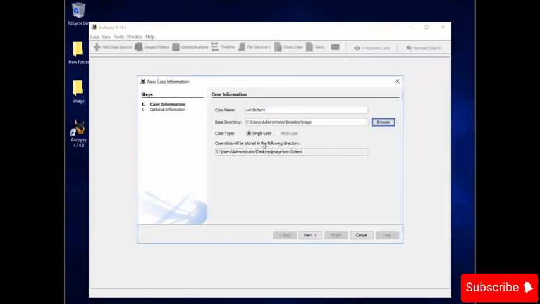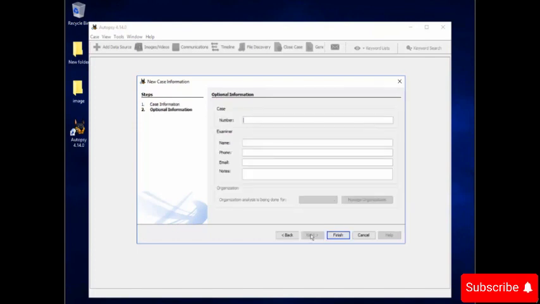Now here in case type, select single user. Now click on next. Okay, here in case number, we can type anything like Windows 100, etc. Okay, so type anything. So let's say we will type window client. It is not mandatory to use the number here, okay? You can give the word as well.